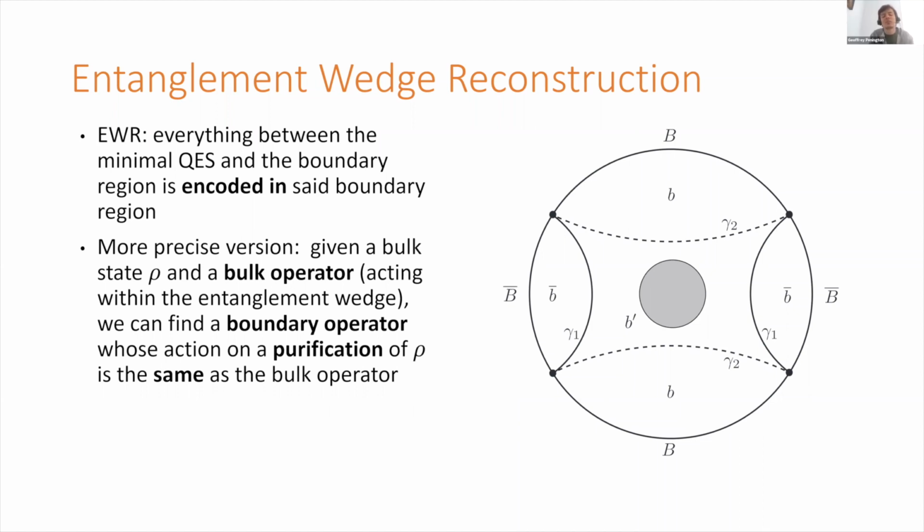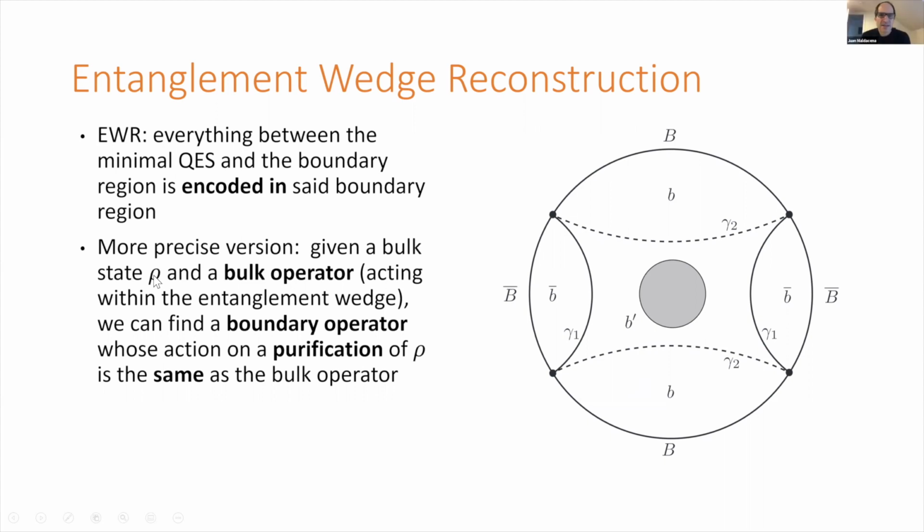So for example, if rho is maximally mixed on some code subspace, then it's basically the same. But maybe rho has some large eigenvalues and some very, very small eigenvalues. And by this definition, you don't have to worry about the very small eigenvalues because there's only a tiny probability that it's one of those. Maybe rho has some particular entanglement between here and here that you can take advantage of to do your reconstruction. It's just more general. You could say that you just don't include those degrees of freedom in the code subspace and get something kind of similar, but it is a more general definition, right?